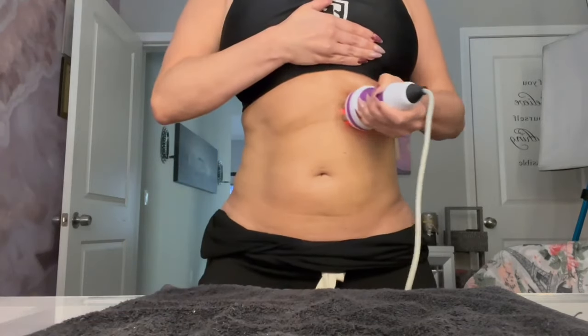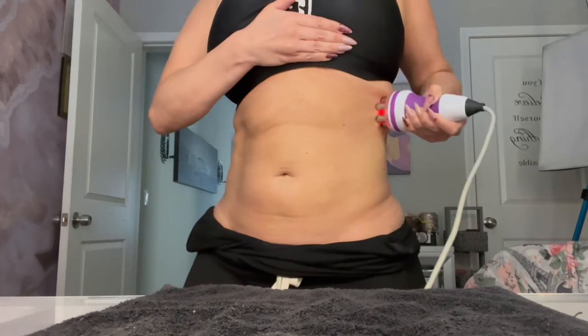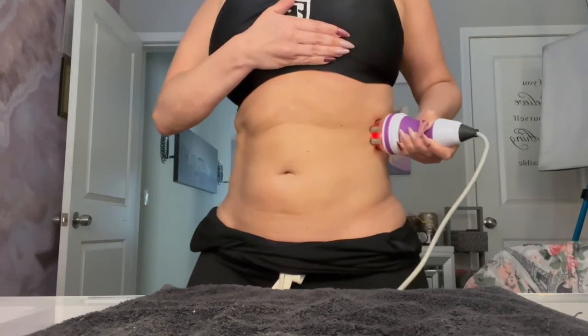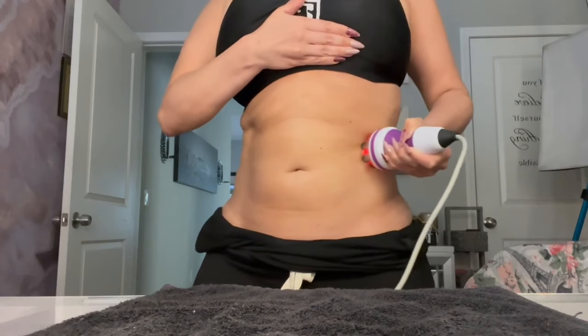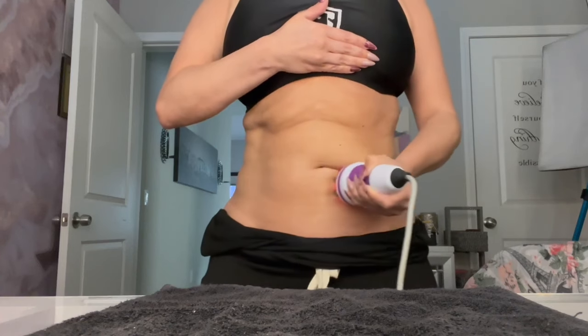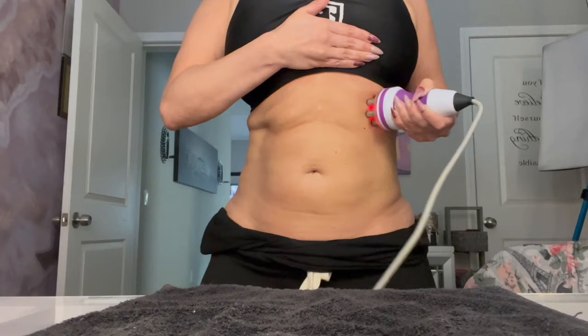So what this is going to do is it's going to help collagen and it's also going to tighten you. So the fat's been broken up already. Then we had it suctioned to get all the lymphatic drainage out of your body and also get all those toxins out. And this is going to help stimulate the collagen and also with the skin tightening,